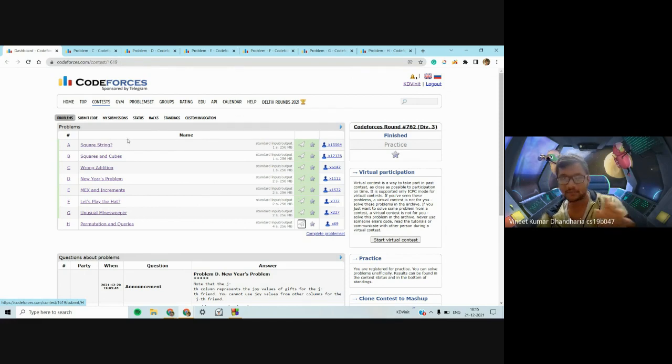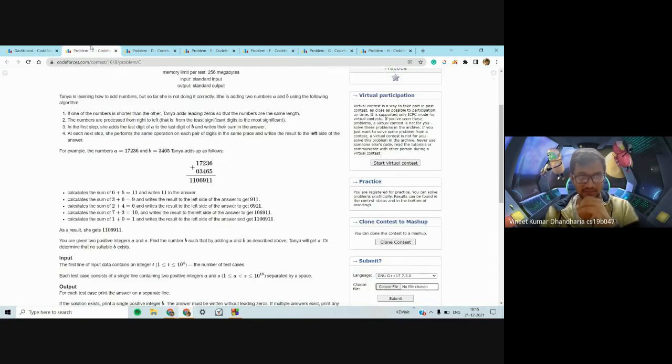But I guess A and B problem is something which almost everyone should have done and gotten accepted because they were on the simpler side. And for A and B problem, mostly brute force would work. So something like the square root and cube root was pretty simple. But if they are allowing you to do the brute force, you can do that as well. Okay. So let's go ahead.